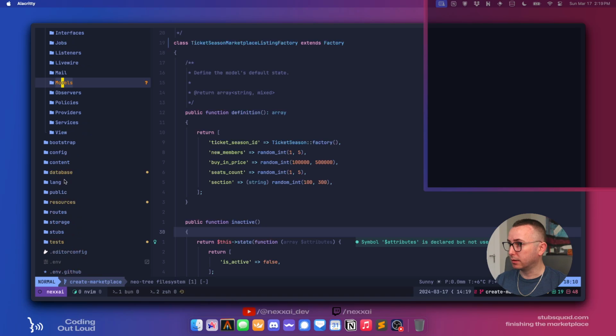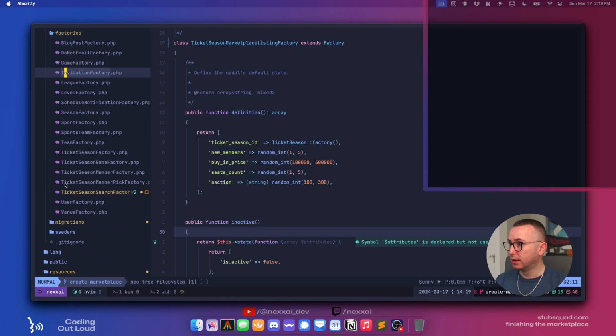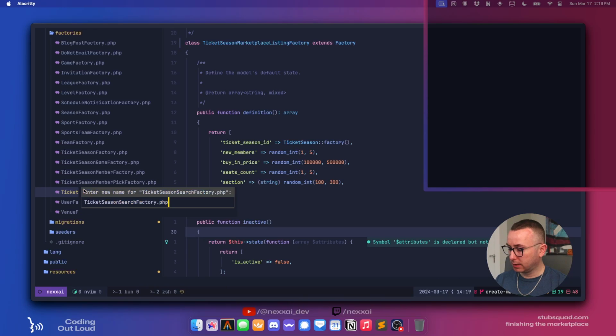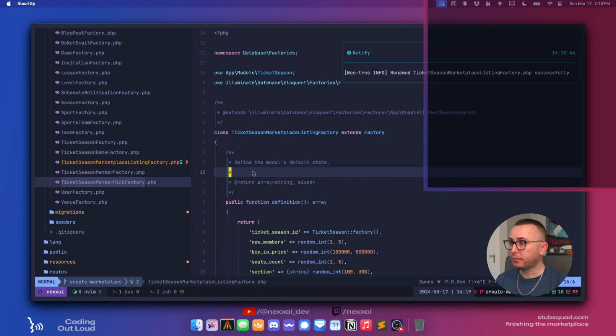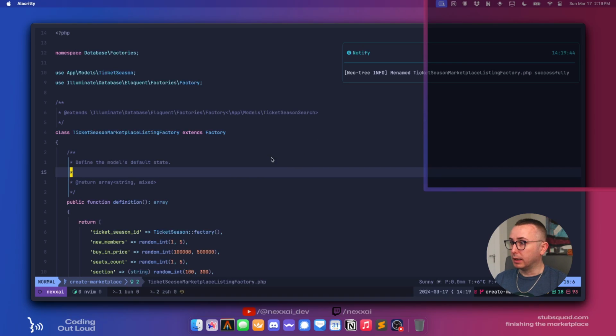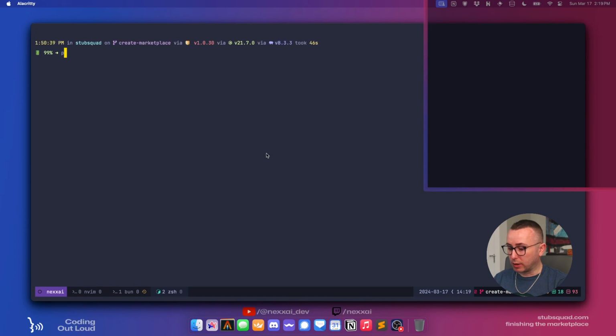It's under database, factories, ticket season search factory. We want to call this ticket season marketplace listing factory. And now at this point we'll just run our tests and see what fails and rename things as we need to.